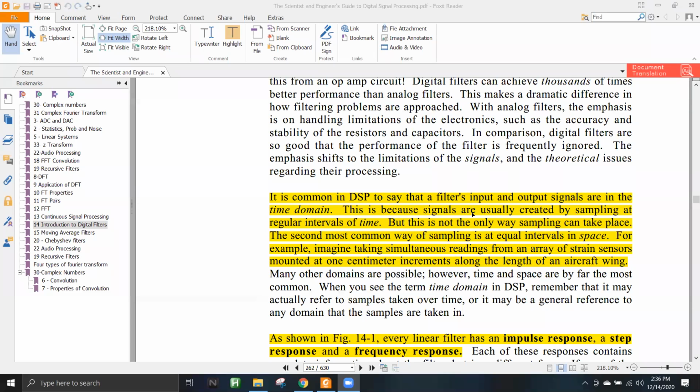This is just to make it simpler for our discussion. Usually, it is very easy to visualize the time domain rather than the frequency domain, and as humans we directly measure signals by sampling them at regular intervals of time. But this is not the only way of sampling. The second most common way of sampling would be at equal intervals of space. For example,